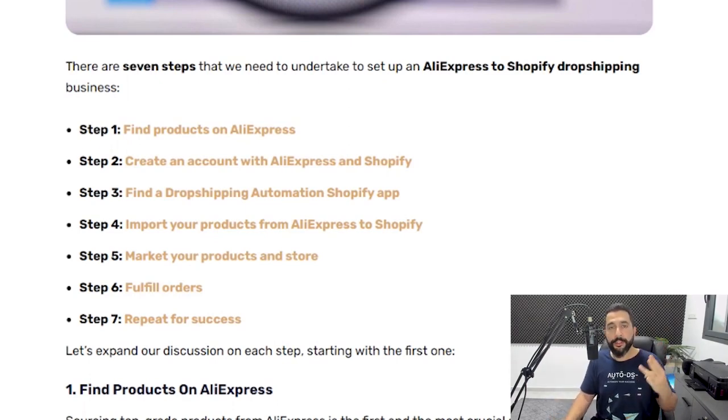Step number 3, we're going to have to find and use a dropshipping tool automation app for Shopify. Step number 4, we're going to learn how to import the products that we researched from AliExpress to our Shopify stores. Step number 5, we're going to learn how to market our products so that our target audience will be